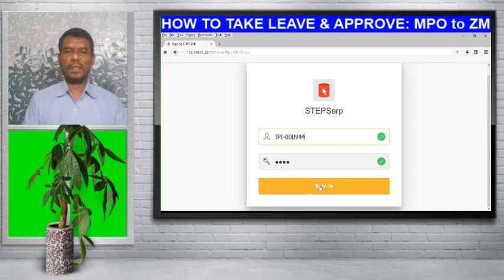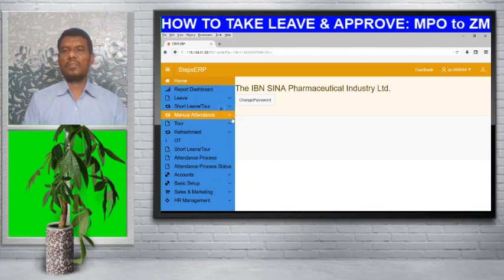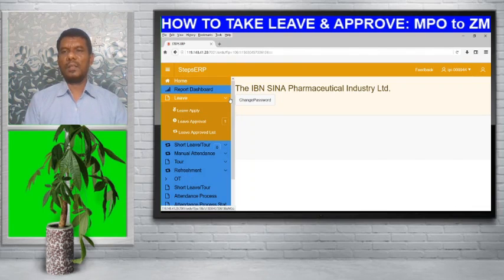So pressing again on sign in, then on the left side I press the leave option and I can see three options. Number one is leave apply, that is Mr. Anisur Rahman may apply his leave by pressing this button, and he will be able to approve his colleagues' leave by pressing this option.